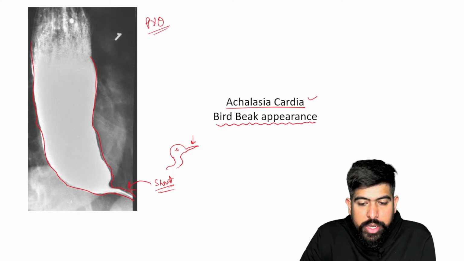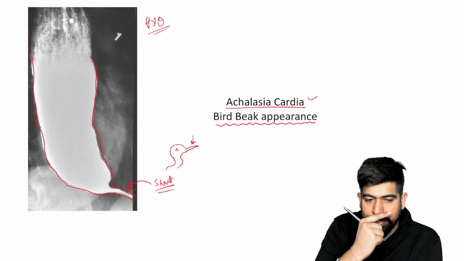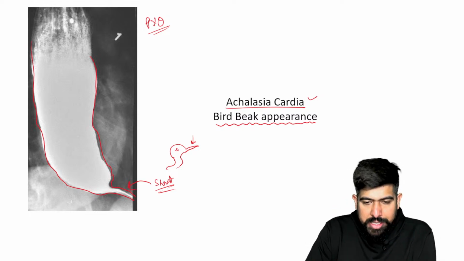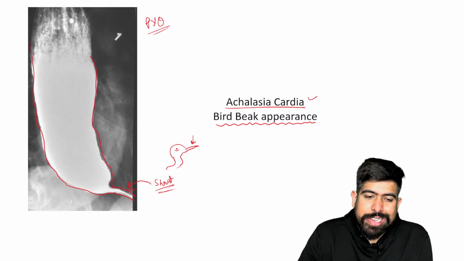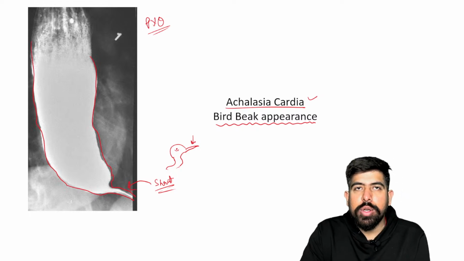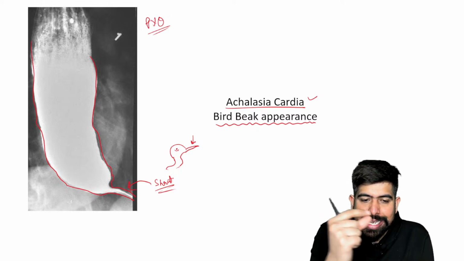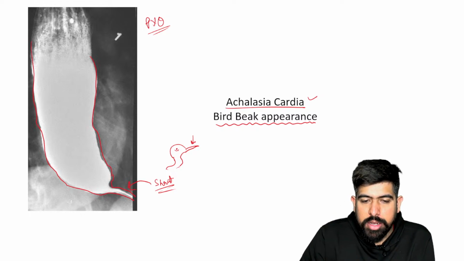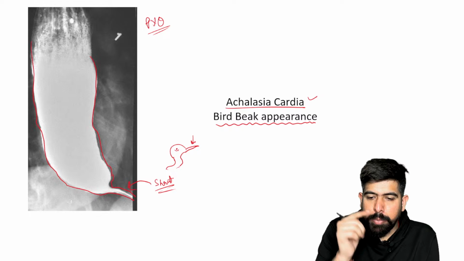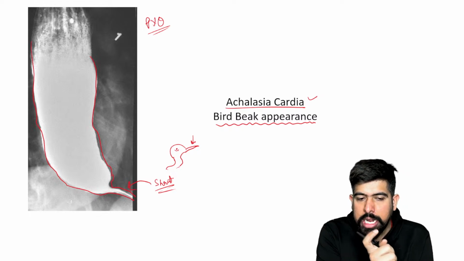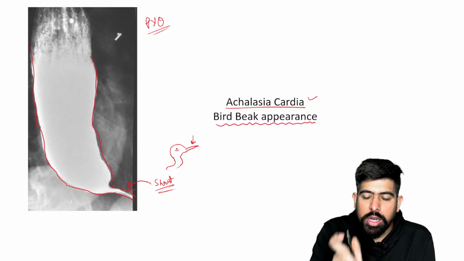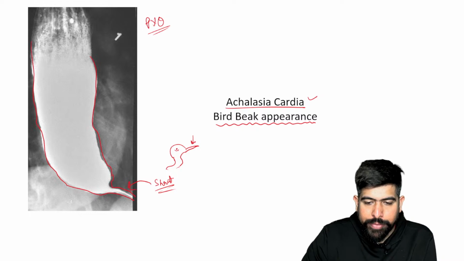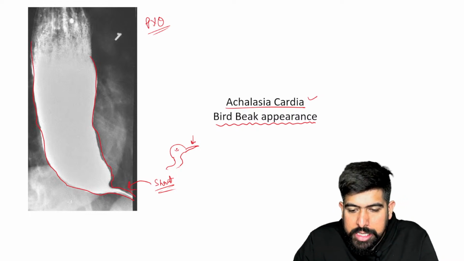Yes, rat tail is different, doctor. Please remember, rat tail I am going to show you now. Rat tail is totally different. Just think about the bird beak. Rat tail will be in your cancer esophagus. I'll show you in the next image. Just remember, if the beak is there, I already drew one small bird, so you can say the bird's beak is very short. The narrowing is very short, and it is always at the lower part of the esophagus. Difficulty is more for liquids than solids.